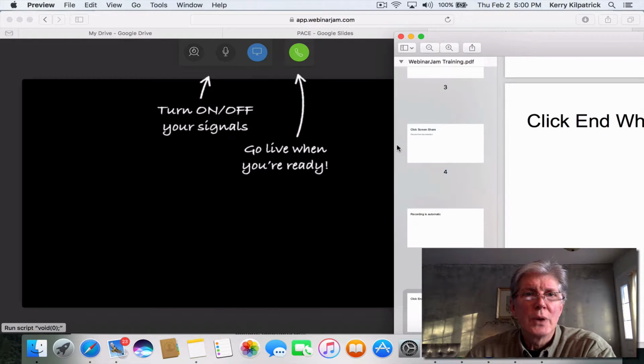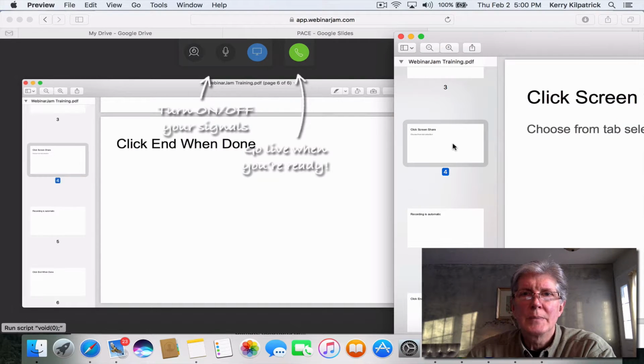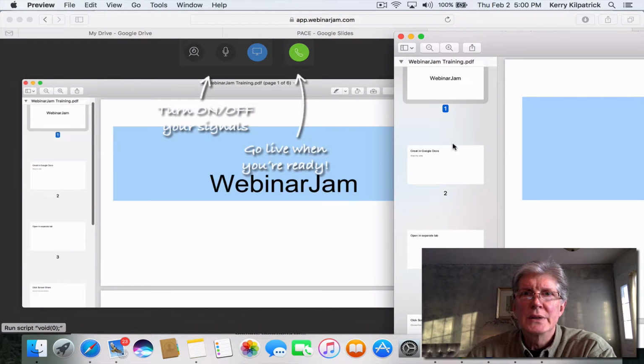And that will show up in my screen. Please note that this is a non-functioning screen, so you cannot run your PowerPoint from this screen. You have to have that separate tab open over here. So I am going to go up to the top of this presentation so we can start in the right